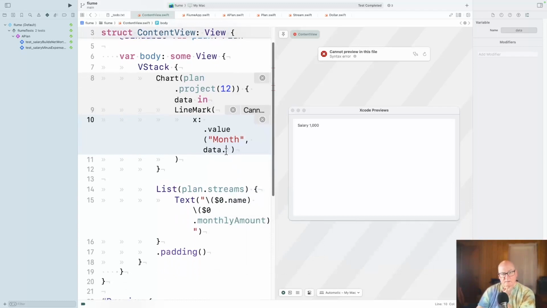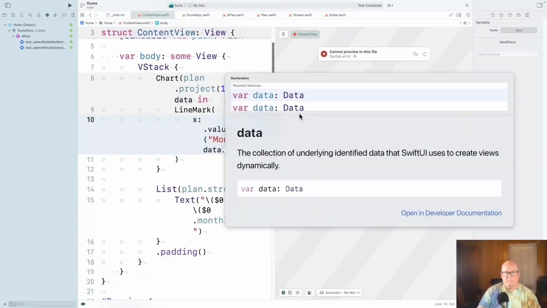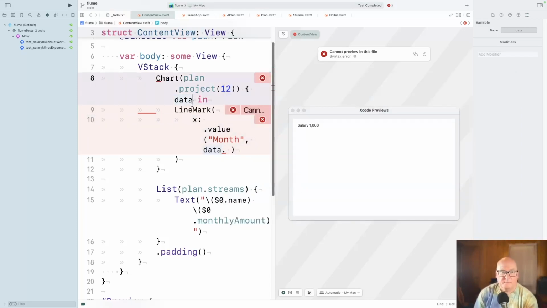Zero, one, two. I'm not sure what this is after.